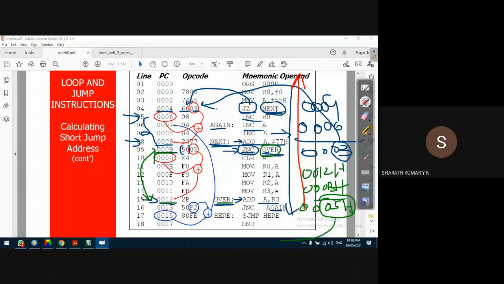It will be stored as an operational code as part of this instruction. So JNC over is represented using the operational code 5005, where 50 represents JNC and 05 represents the target address, which is represented using a label. Let us run the program like this. We'll come somewhere here. Over is also okay.